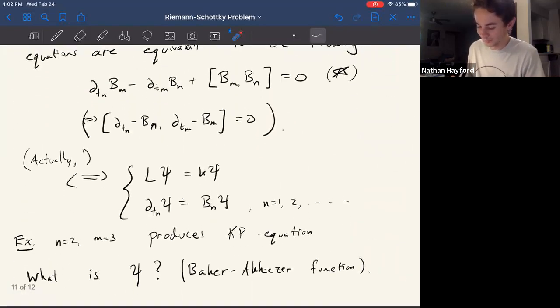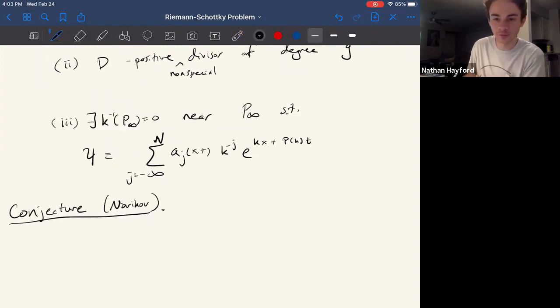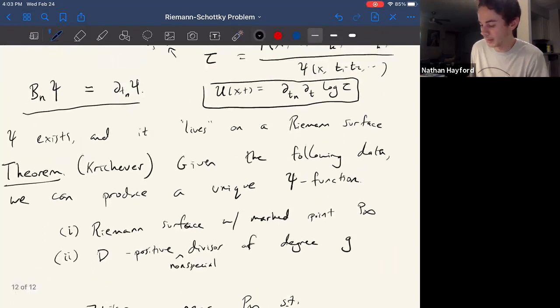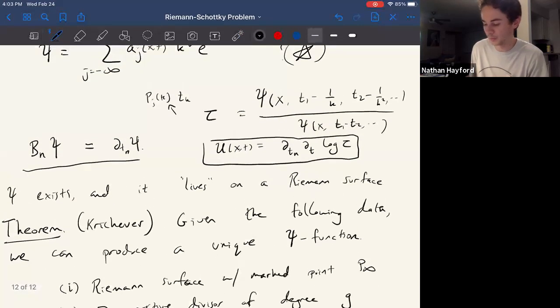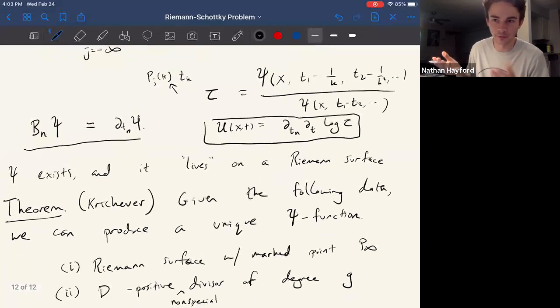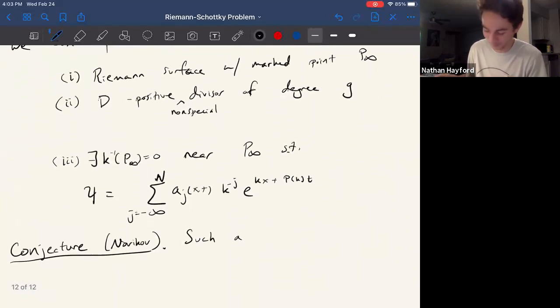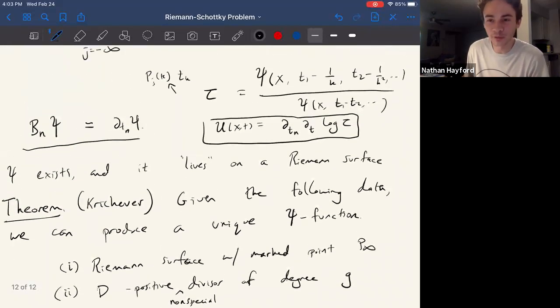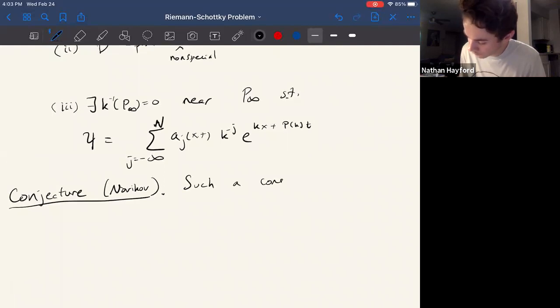Well, Novikov had a very bold conjecture. Novikov is Krichever's advisor, and he had a very bold conjecture that this is a characterizing property of Riemann surfaces. Something that Novikov noticed is that you can do the same kind of construction. You could ignore that we did anything with the Riemann surface and just start with the theta functions and try to write something down. And you find, by trial and error, that unless the period matrix corresponds to the period matrix of a Riemann surface, you don't get a solution to the KP hierarchy. So the conjecture of Novikov is that such a construction